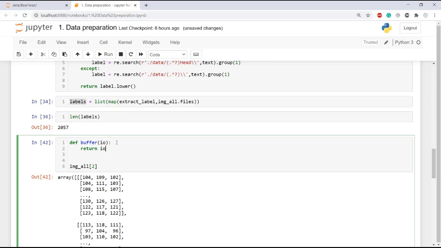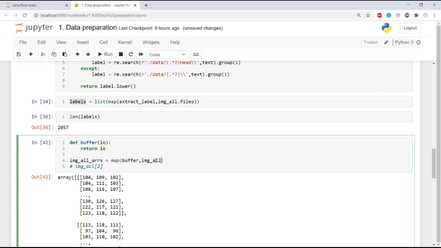That's it. So that simple buffer function is what I just want to write in this case. And now image_all_arrays. So this, and all the images that are being stored in the variable img. So what I need to do here is create a map. Now apply the function buffer. So that's what I'm going to do, apply the function buffer, and the array that I'm going to give is